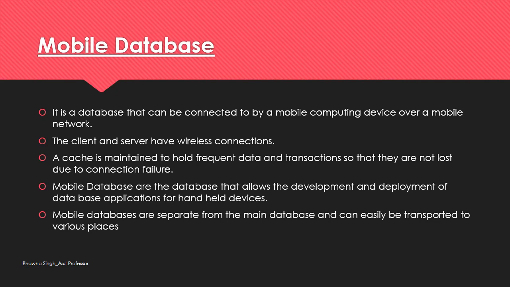That means when we talk about mobile, we mean we are using it while moving, not standing at one place. So whenever we talk about a user working from home or working offline, that means he is using the mobile database, and with the help of his internet access devices like mobile phones, laptops, desktops or tablets, you can use this mobile database, and you can connect to your corporate databases and access all the information that is stored there, and you can also share the information.